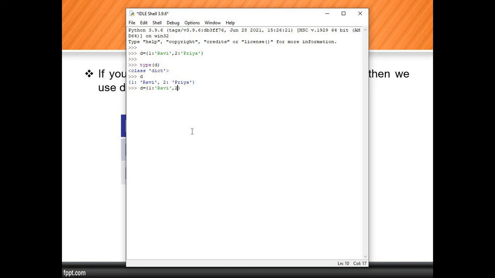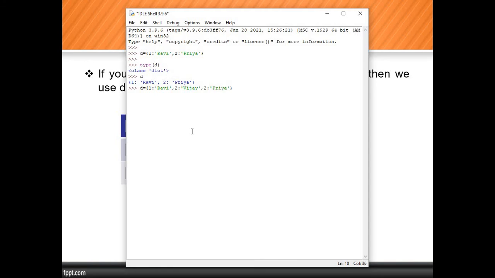Here I am using a 2, and in that section I am using Vijay. So my key value name is Vijay. Again I will use a comma. In that section I am trying to use a 2 number and colon. In single quote I am trying to use Priya.